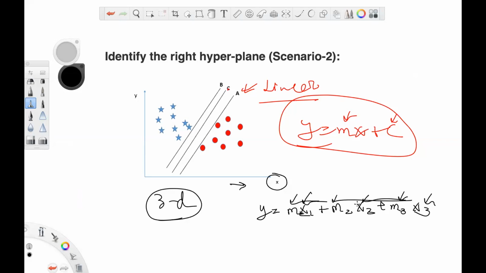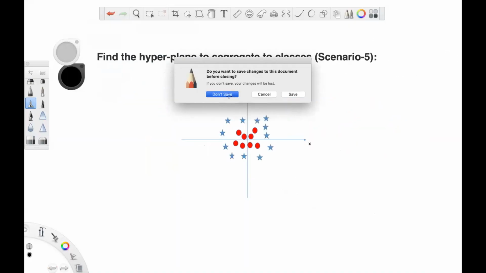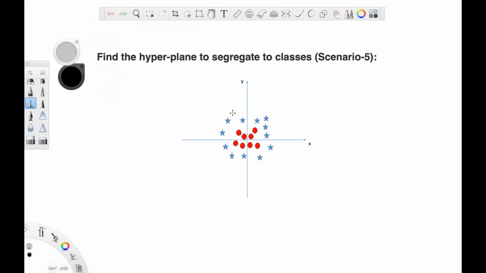This is on an n-dimensional hyperplane. Now just imagine that you have a scenario where you have classes like this. It is very difficult to linearly separate these two classes, right? You cannot draw a line and get two different classes.